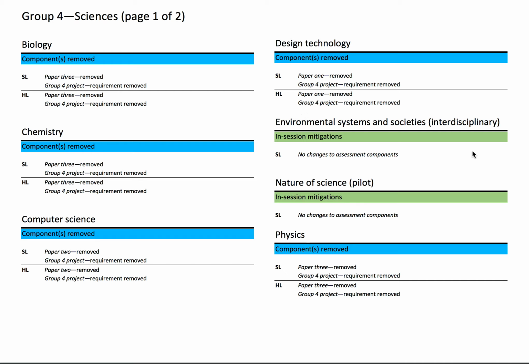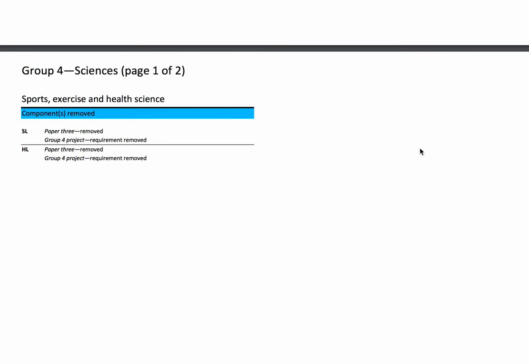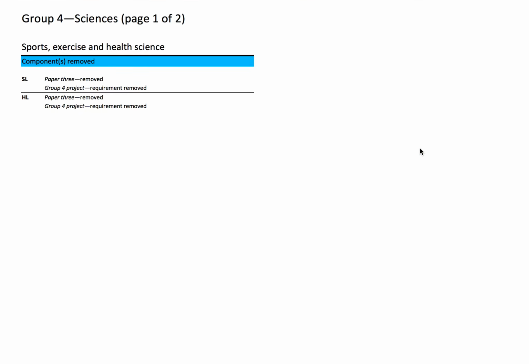Now, for a lot of students who find themselves a bit weaker in science, but wanted a subject similar to science, ESS is actually quite common. And you will see that when you prepare for this paper, just follow it exactly from all the past papers, because they did not change much. There are no changes to assessment components. So that's pretty okay. And then also similar for sports science, they removed the option paper.